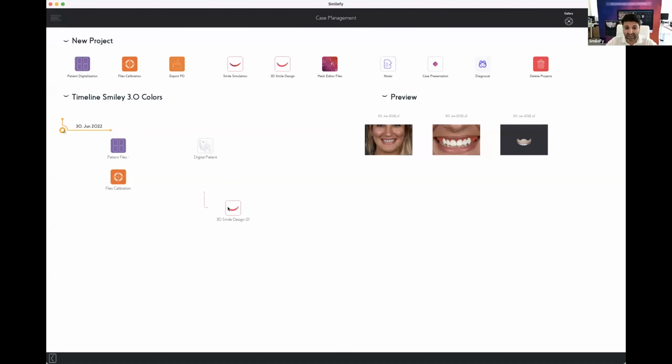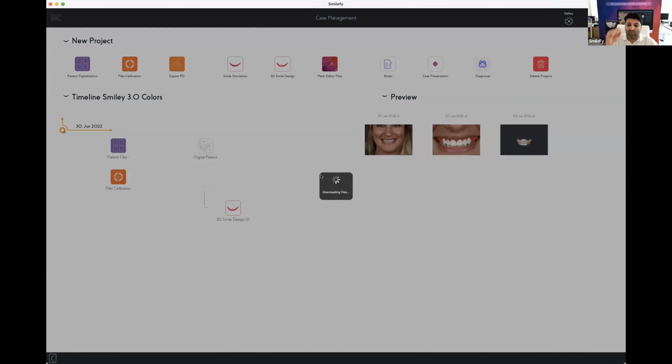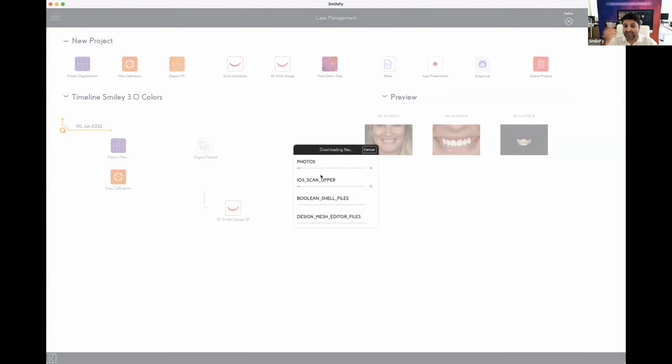Now let's go to the design. So we do have the design here, and I'm gonna open a 3D design. One big change in our 3D design is the CAD features. But CAD is sometimes very complex. You have a lot of operations, a lot of stuff. I wanted to make the CAD features easy for you, because that was one of the main goals of Smilefy. Everything we do needs to be simplified and easy to use. So for that reason,